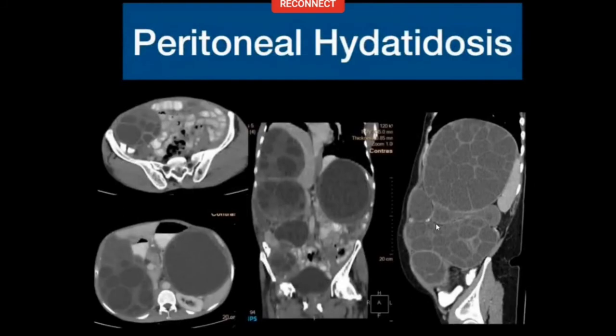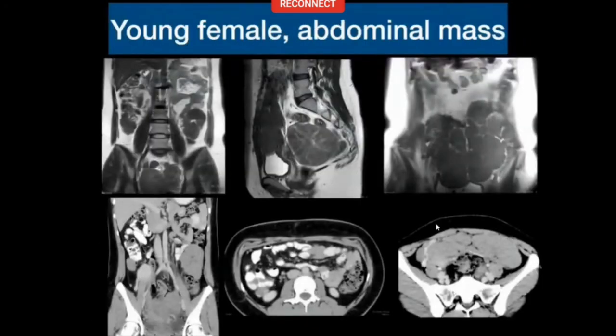Peritoneal hydatidosis is just to show you that you may get this in a spotter, and this one is actually growing along the transverse mesocolon, and you can see the shape of the lesion. So sometimes if you know the anatomy and you know things, you see interesting stuff. This is a case you may get in your exam, which is why I put this in. It should be reasonably simple.